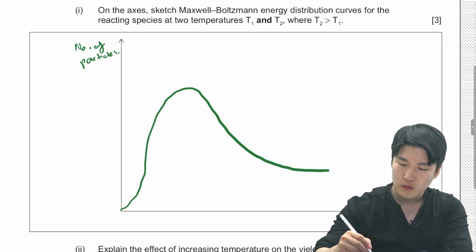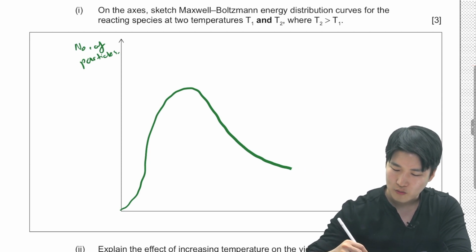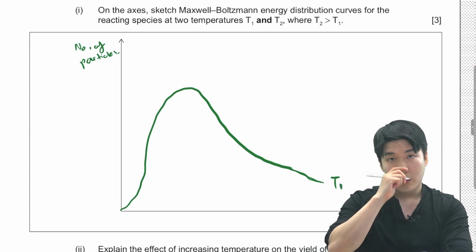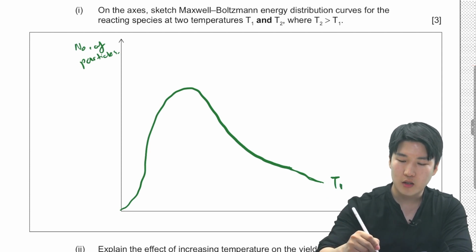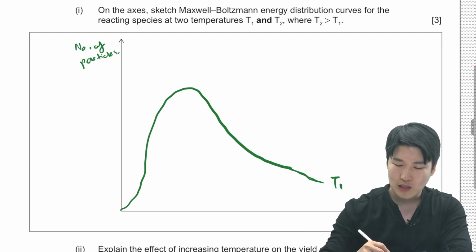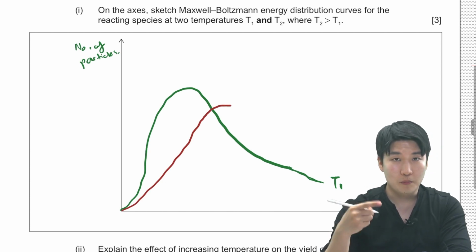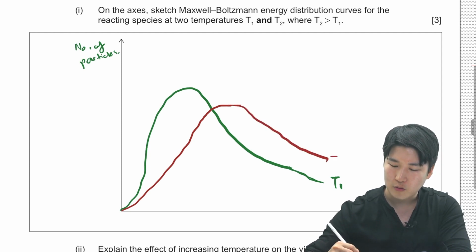Maybe I've drawn the finish line to be too high. I'm going to reduce that down slightly. Now let's label this as T1. We are going to draw T2, where T2 is at higher temperature. I'm going to make sure that both T1 and T2 start at the origin. The lower temperature T1 will peak at lower kinetic energy, but the higher temperature T2 will peak lower and further right,